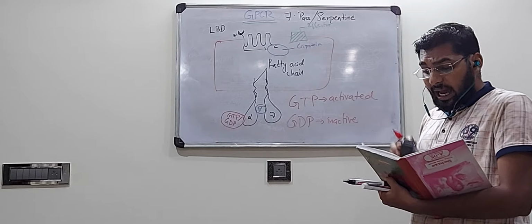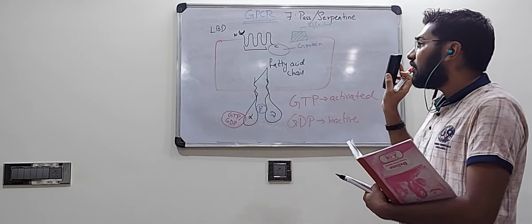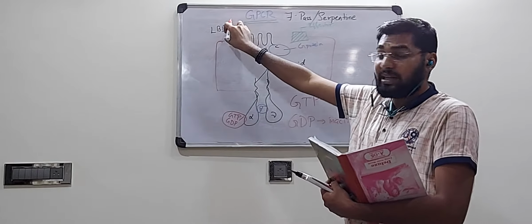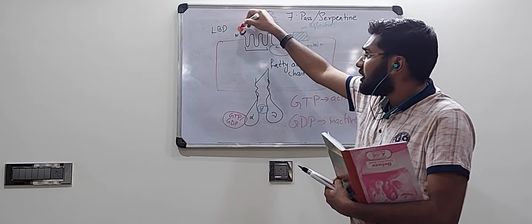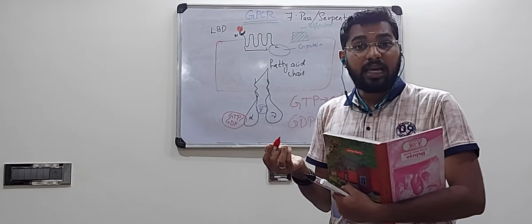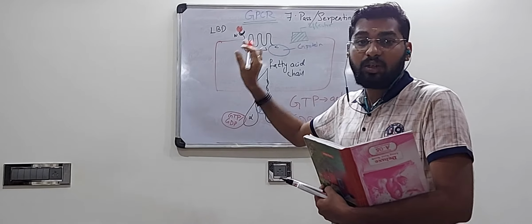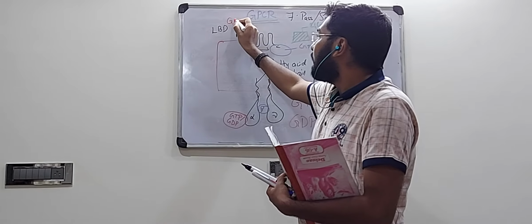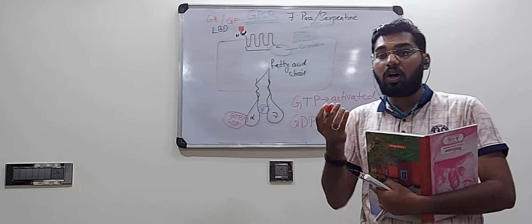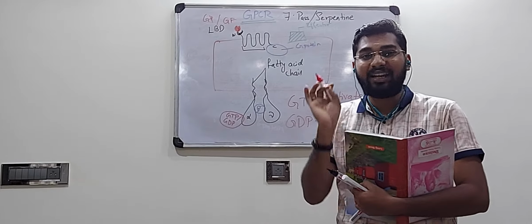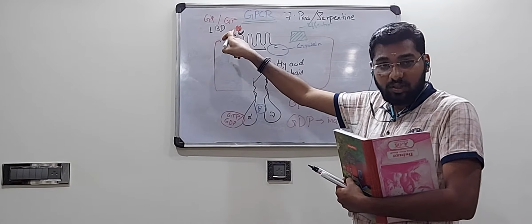Now, with this, we will move to the actual signaling. So first thing is, whenever a ligand comes and binds, what is this ligand? This ligand can be any protein substance or any hormone or any factors. Since I said this is involved in growth and cell division, I will give an example as a growth factor or growth hormone. A growth factor or a growth hormone comes and binds in the ligand binding domain. Then this GPCR receptor gets activated by the binding of this ligand.